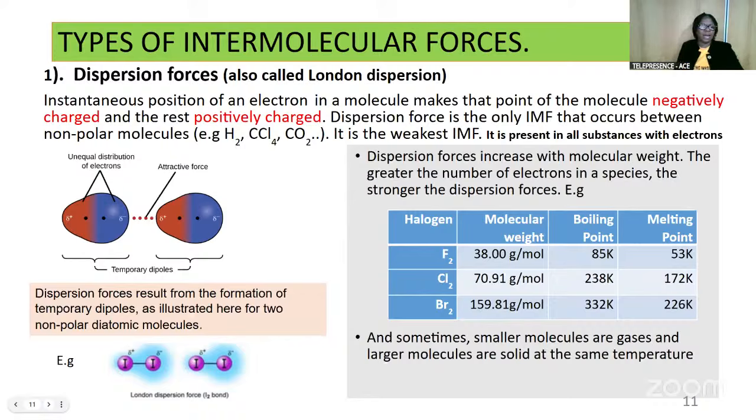So I've also described it here, where you come in close contact, like I said earlier on, you have the partial charges that are temporary dipoles. And that is how you form dispersion forces. So whatever force is holding them together is referred to as dispersion forces once they don't have permanent dipoles. And so you can see an example